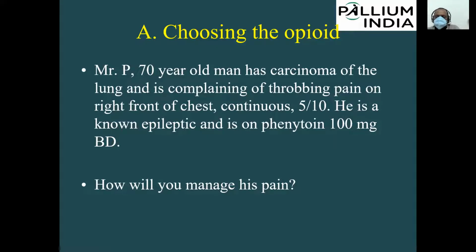And patients who have brain metastasis, those are also patients who have less seizure threshold. So giving tramadol in those patients can precipitate seizure, and don't give injection tramadol fast IV push. It can also precipitate seizure. Okay, so tramadol, if possible, avoid in this patient, and maybe you can give a low dose morphine, maybe 2.5 milligram. Okay.